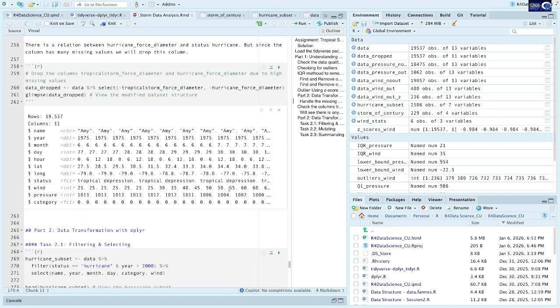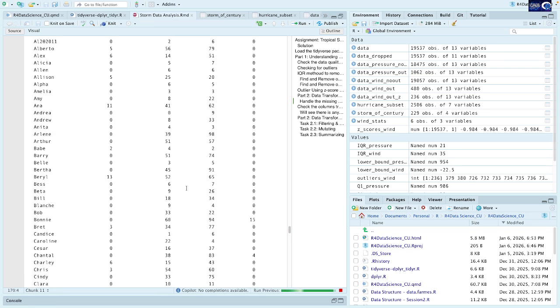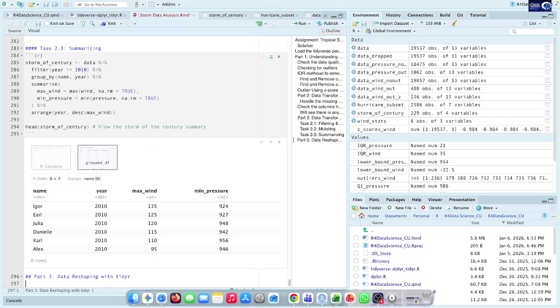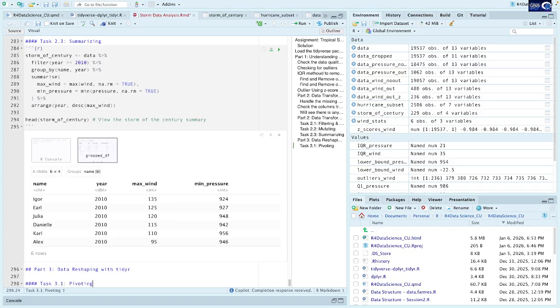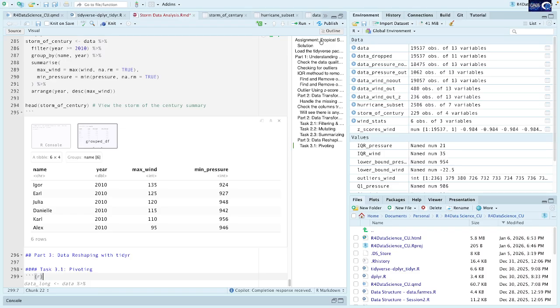Perfect. Okay, now we have done till part 2, and now we are reshaping the data with tidyr. So the first one was pivoting. We need to pivot the data. So the task was